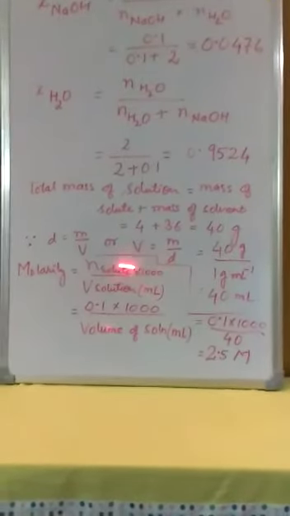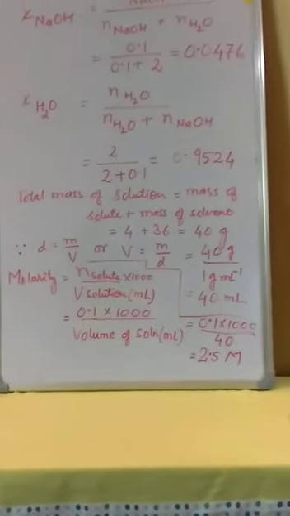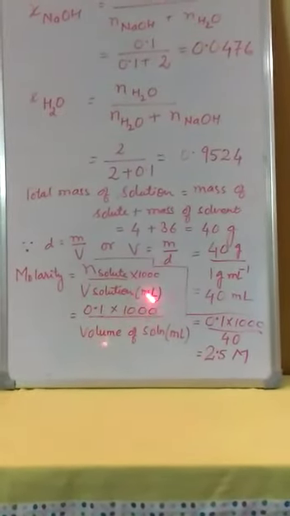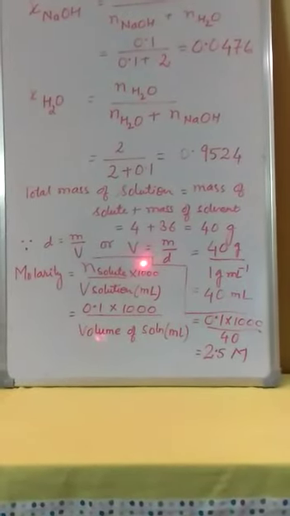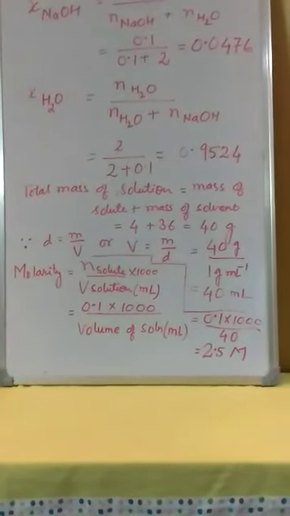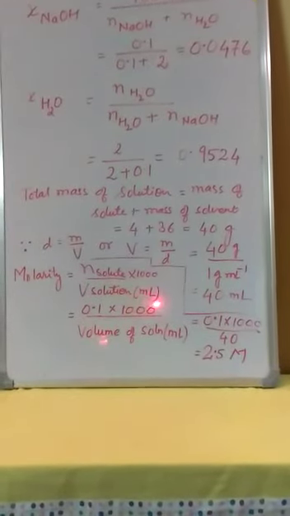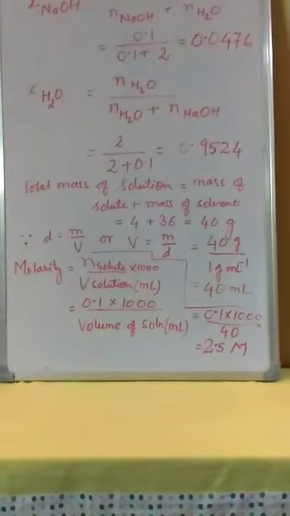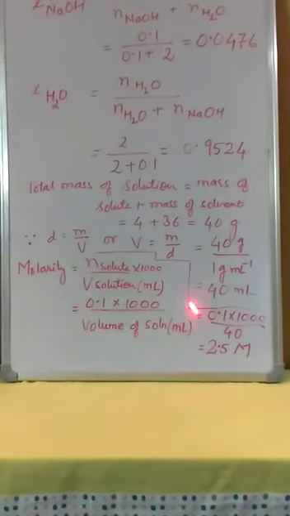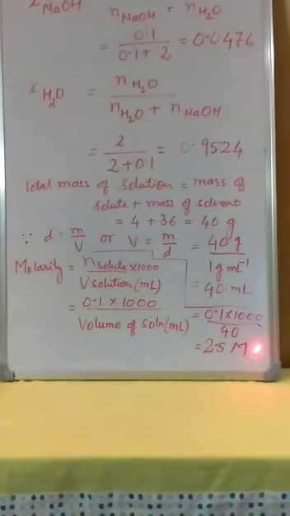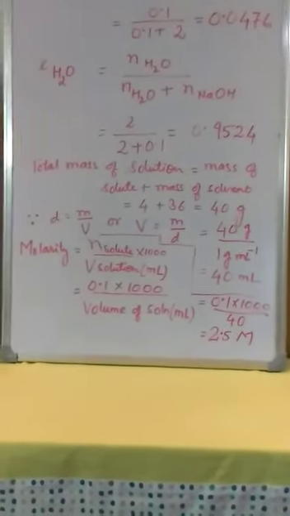Now, students, coming to molarity. Number of moles of solute by volume of solution in liters gives molarity. Here volume of solution is present in ml. See, 40 ml. So we have to multiply the numerator by 1000 to convert it into liters, or in other words, you are dividing the ml by 1000 to convert it into liters. So 0.1 into 1000 divided by volume of solution in ml. After putting the values, you get molarity 2.5 molar.